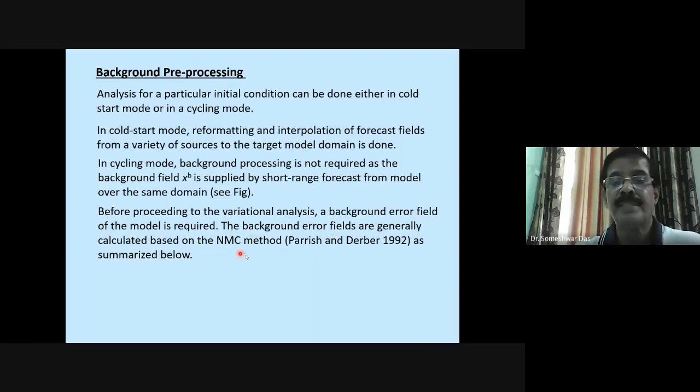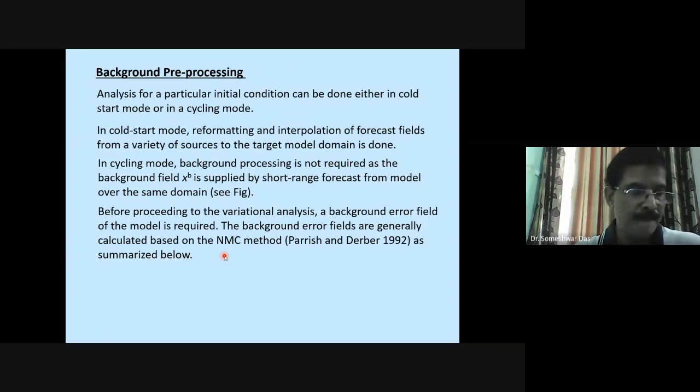You know what the NMC method is? NMC stands for? You know NCEP, right? NCEP, National Centers for Environmental Prediction.